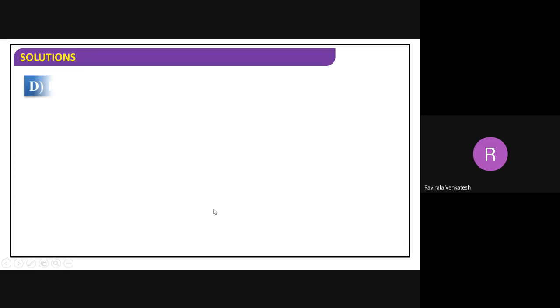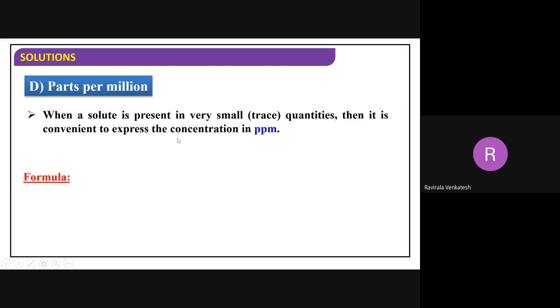Okay. Now this is very, very important, beta. You have to remember this. Already we have done it in the 11th class. Just I will revise this. Next, parts per million. Next term is ppm, parts per million. Generally, million means how much number? What is the meaning of million, beta? 10 raised to 6. 10 lakh. 10 lakh is अब 10 to the power of कितना हो जाएगा? 10 lakh का मतलब 10 to the power of 6.